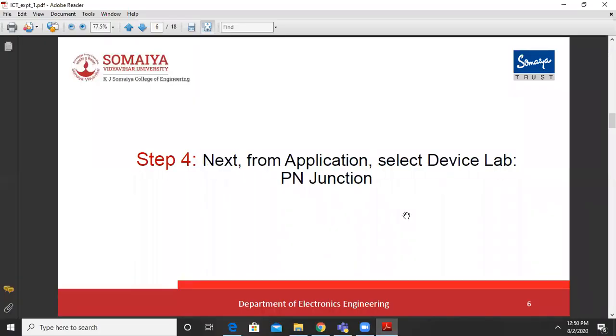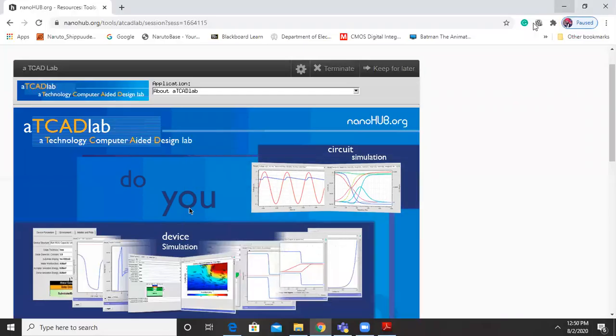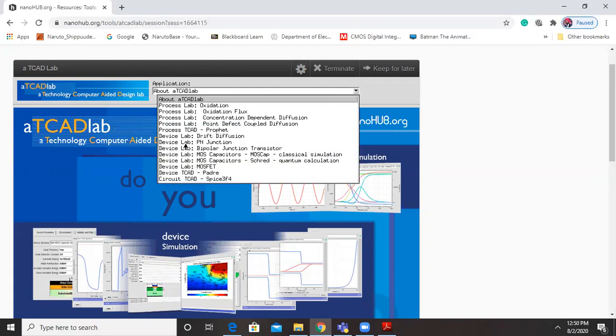Step number 4 is from applications, select device lab PN junction. So let us do that. So this is the application tool which is coming up. From here, we'll select device lab PN junction.